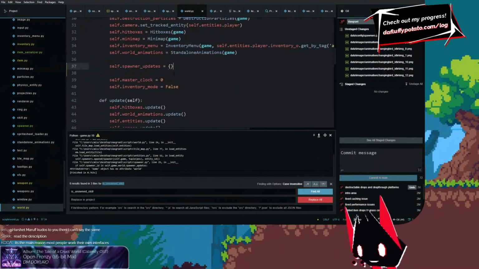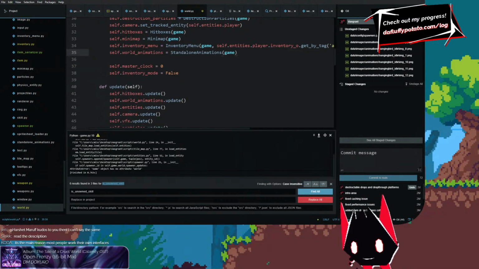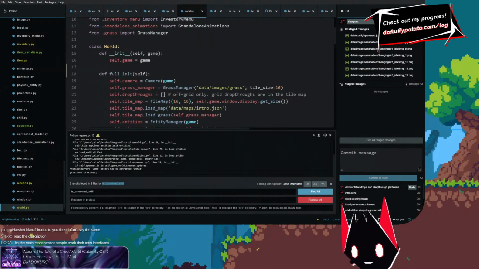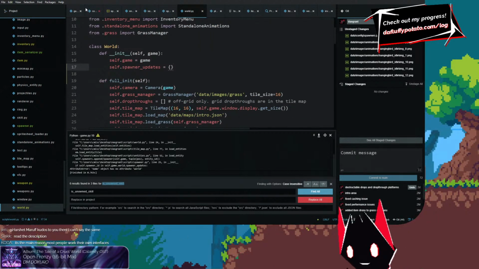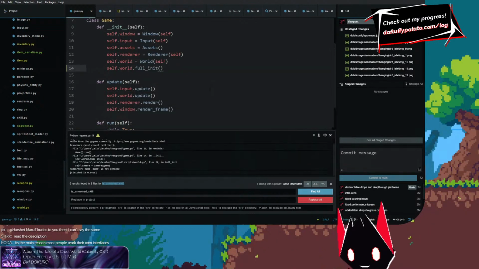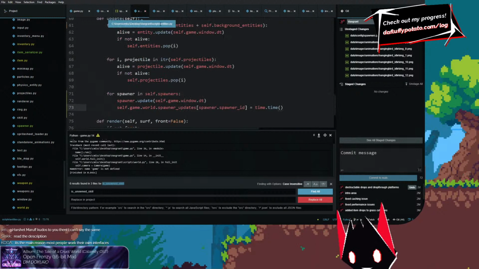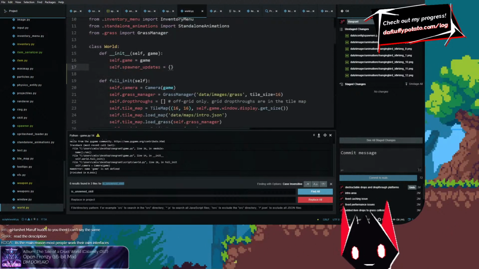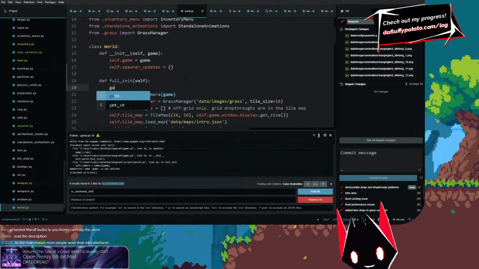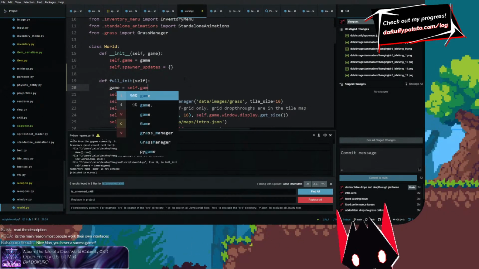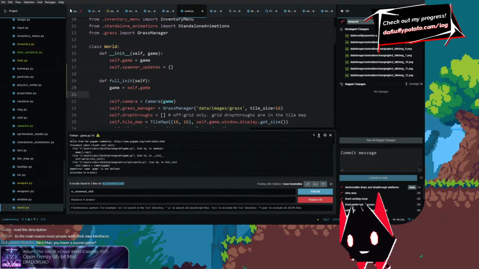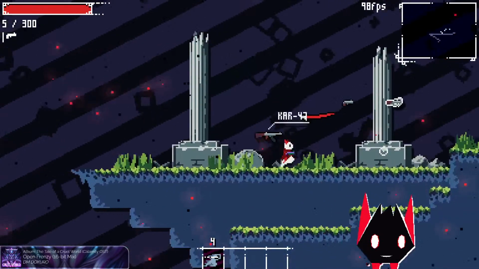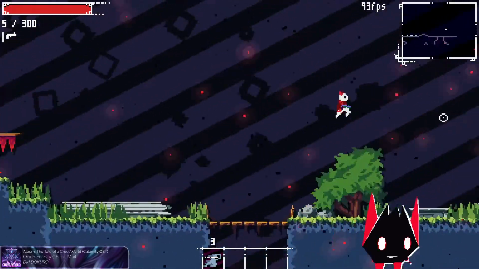In here though, I do have to put this at the top so I can reference it from the spawner. Side issue. Game equals self.game. This is just a shortcut. There we go. So let's head over to the save thing,